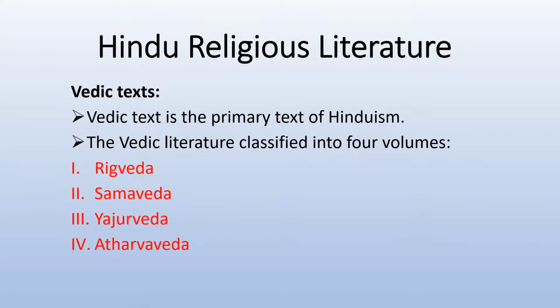Third one, Yajurveda. Yajurveda is the most important Veda specifically for the sacrificial rituals, which were the cornerstone of Vedic religion. Finally, Atharva Veda. Atharva Veda is an ancient Hindu scripture. It is commonly known as the fourth Veda. Sometimes it is called the Veda of magical formula. Atharva Veda deals with folk rites, rituals, magic and medicine, etc.